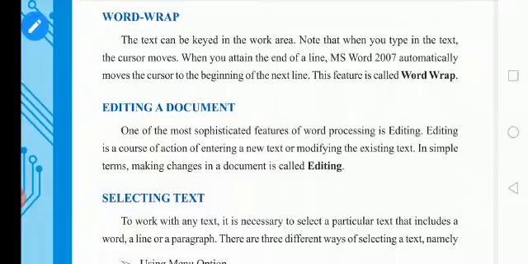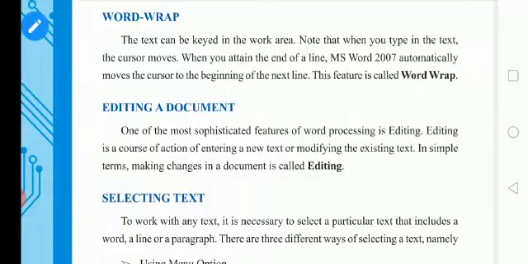So first we have to know what is word wrap. Word wrap is when you keep on typing in the document and the cursor reaches the right end of the document. Imagine that you are typing in a document. The cursor will move its position to the right. So when every text is entered, it will move its position, isn't it?